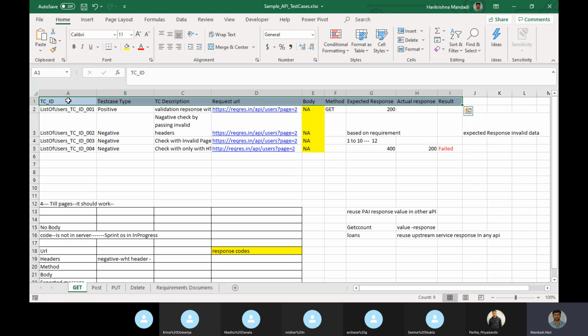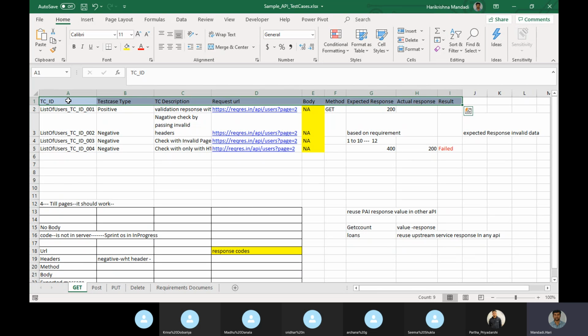But if some projects are only manual, then what to do? Some projects are manual, so in the same case, in Jira, we will have the scenarios under the requirement or under the story.